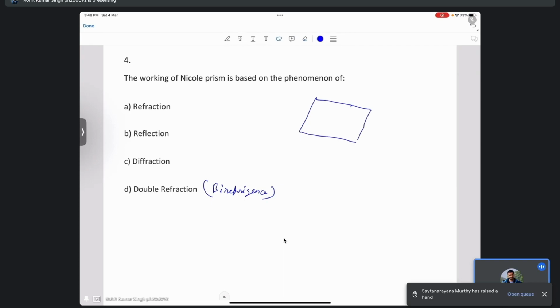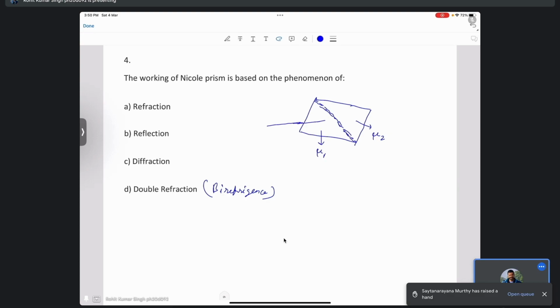To draw it properly, maybe like this, and it has two different materials. So this one and this one are two different materials, and there is an interface here diagonally. Now a light ray is entering this prism, and suppose it is ordinary light, I mean a simple